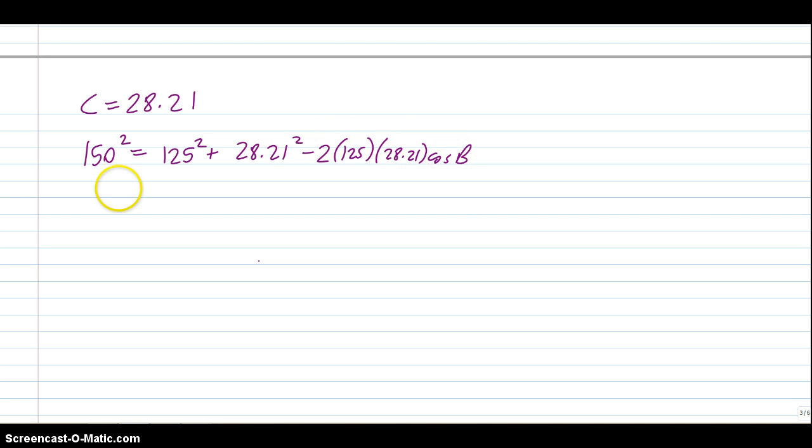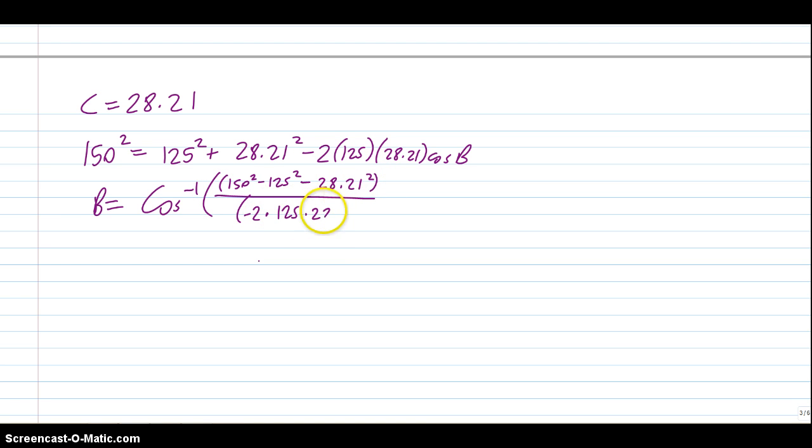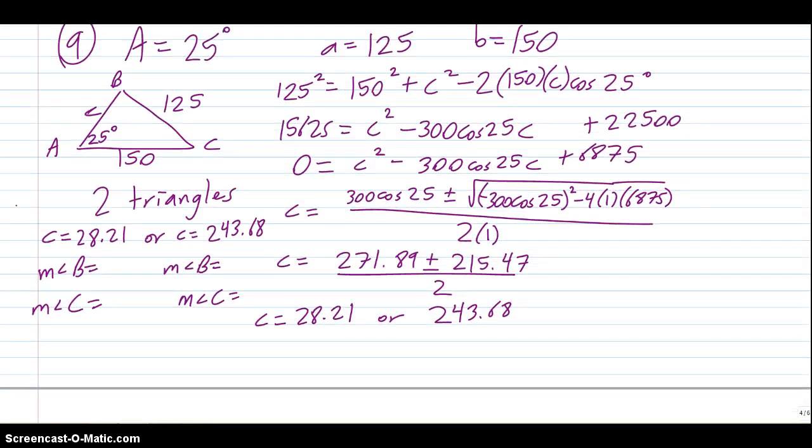cosine B. All right. If I want to find B, and I rearrange this, it's going to be the inverse cosine of 150 squared minus 125 squared minus 28.21 squared all over negative 2 times 125 times 28.21. Okay? If you type all this in your calculator, you get the answer right away. You get angle B is 129.54